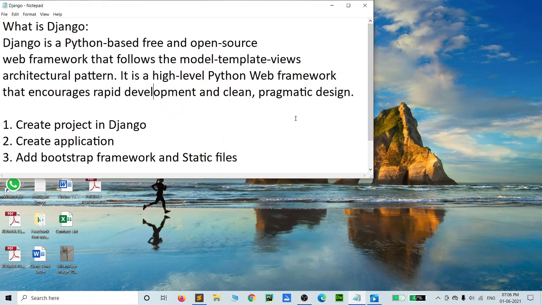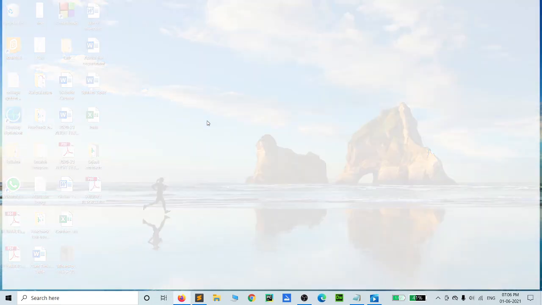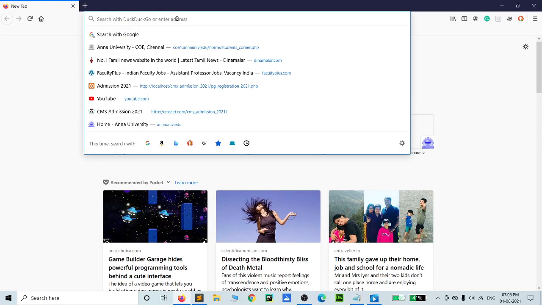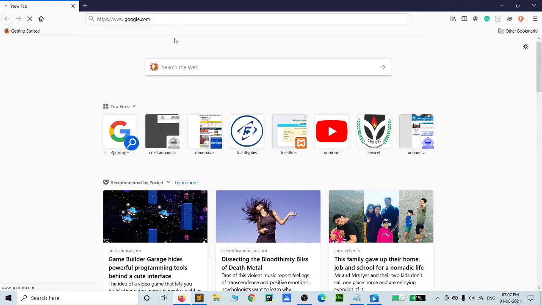Hi everyone. Today we are going to see part number 3, add Bootstrap framework and static files in Django web framework. Before that, first of all we go to download the Bootstrap framework. You go to Google